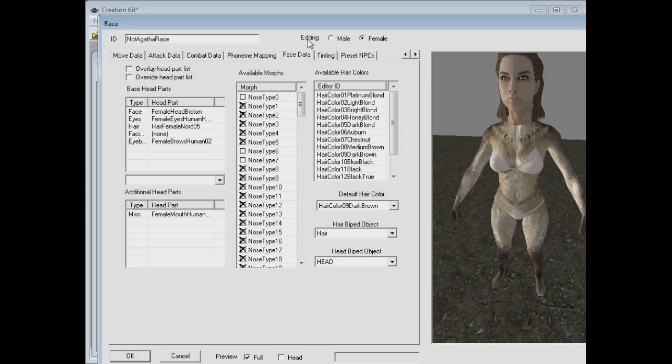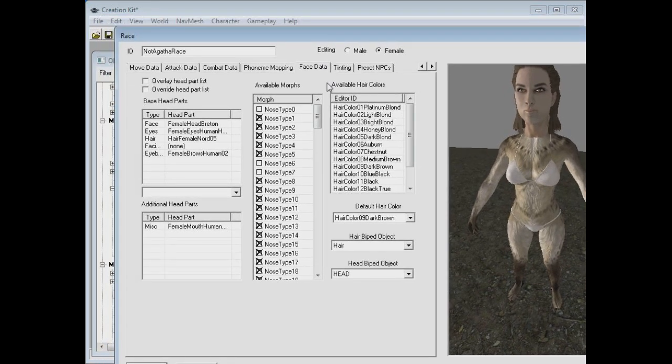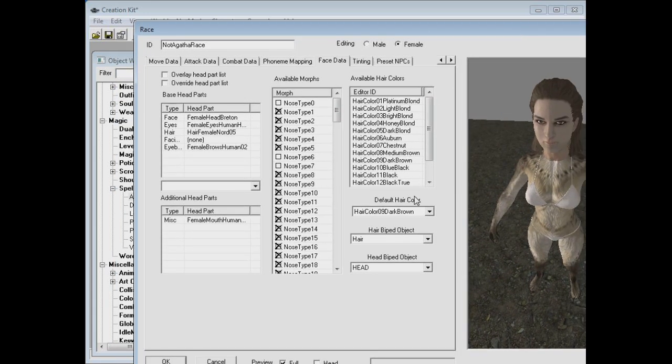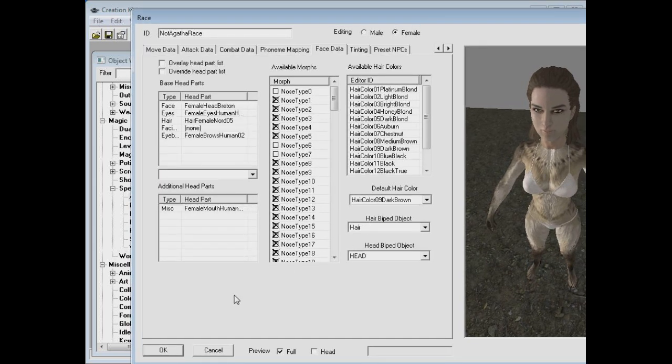So if you do want a new face texture, I'm gonna go through that because I did show you that I had a new face texture, and this is more advanced. So this is actually half done outside of the CK, inside Photoshop programs and stuff like that,